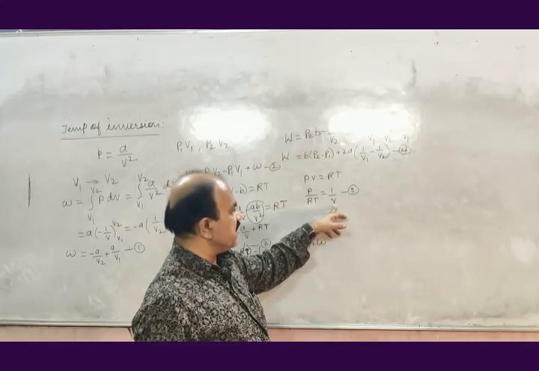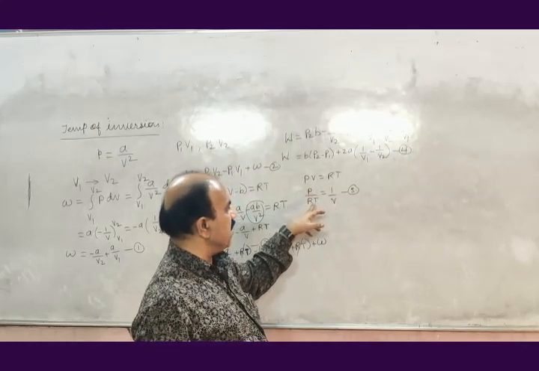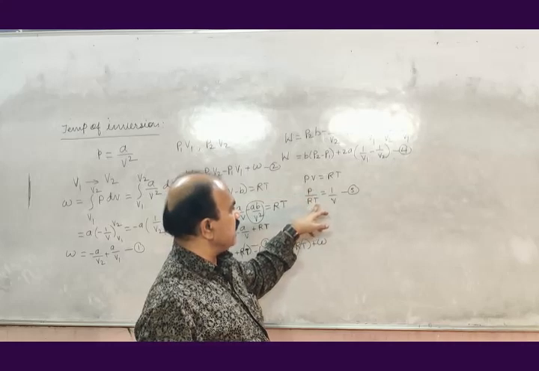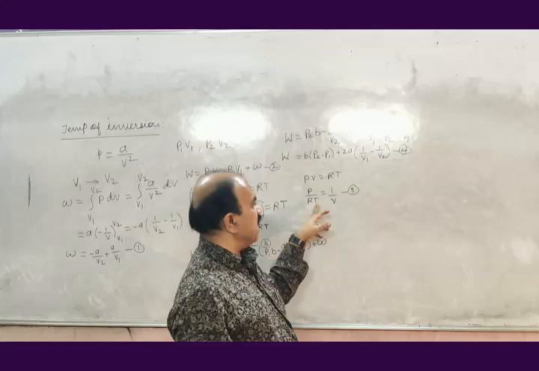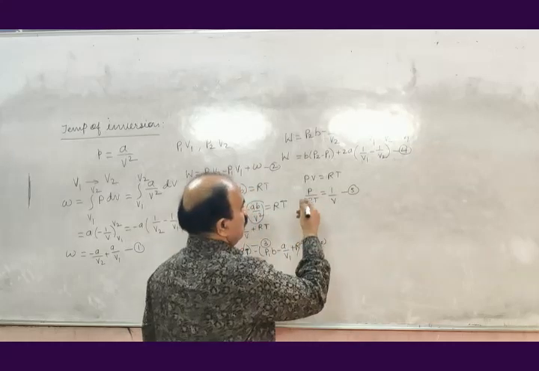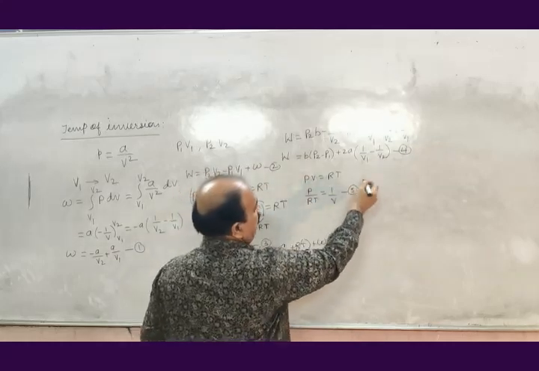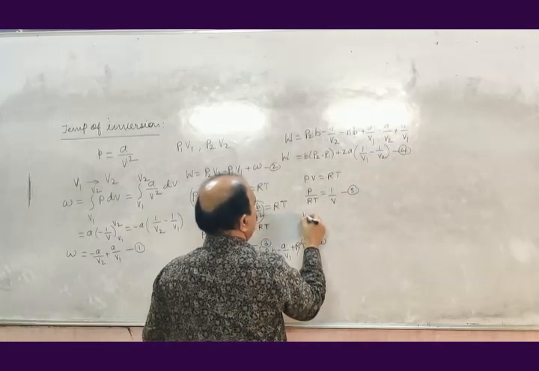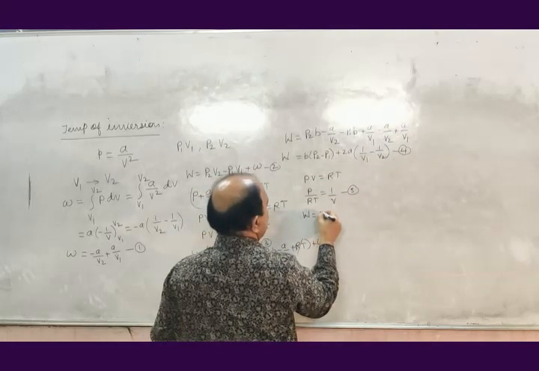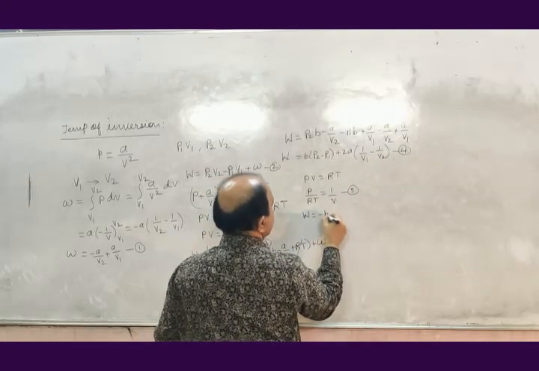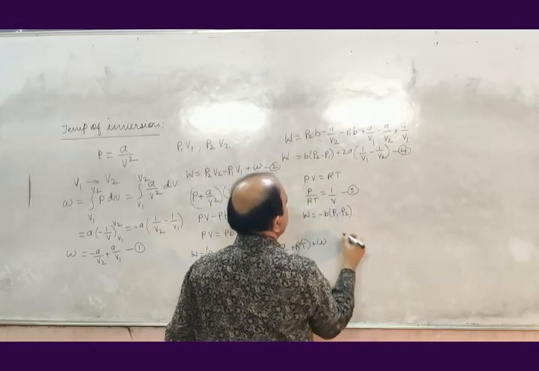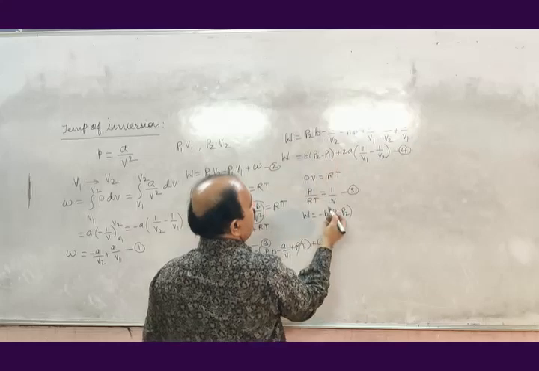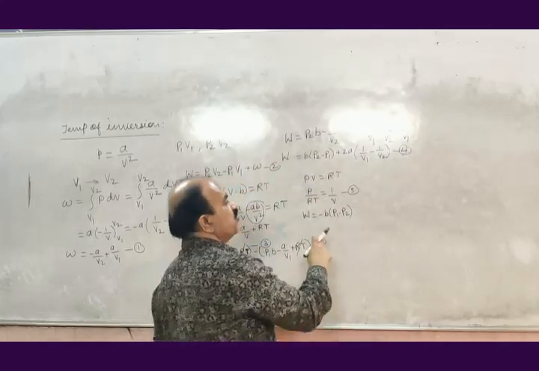When we consider this as V1, it will be P1 by RT. When this will be V2, it will be P2 by RT. And so with equation 5, equation 4 will become W is equal to minus B into P1 minus P2. P2 minus P1 I have written as P1 minus P2, so minus B,